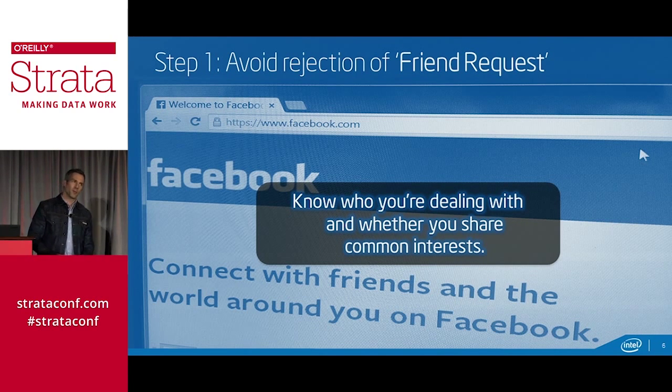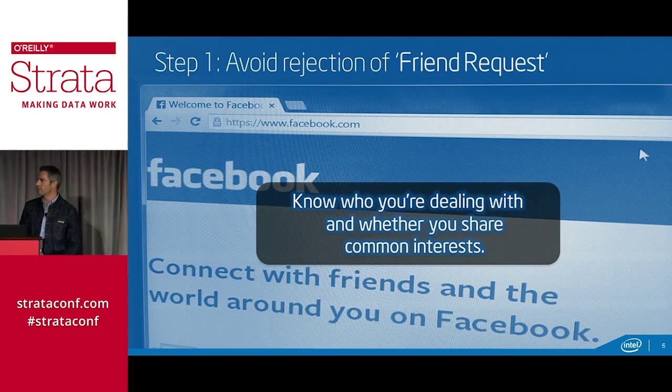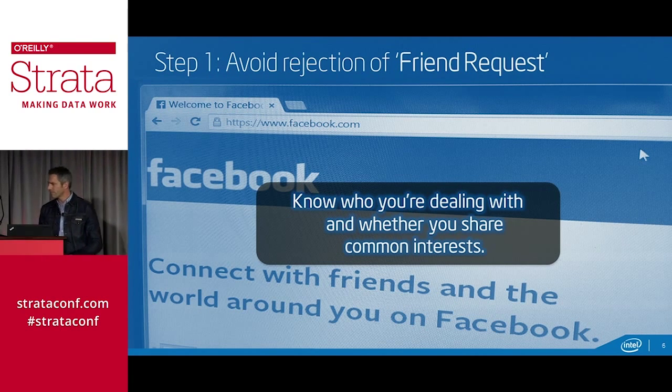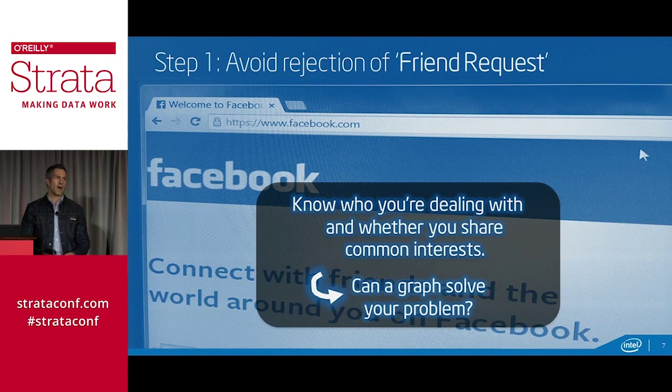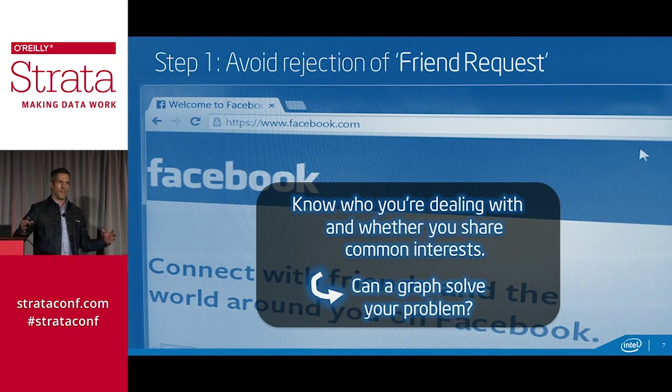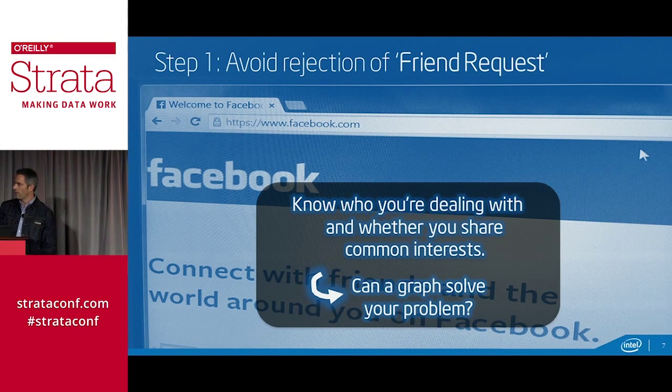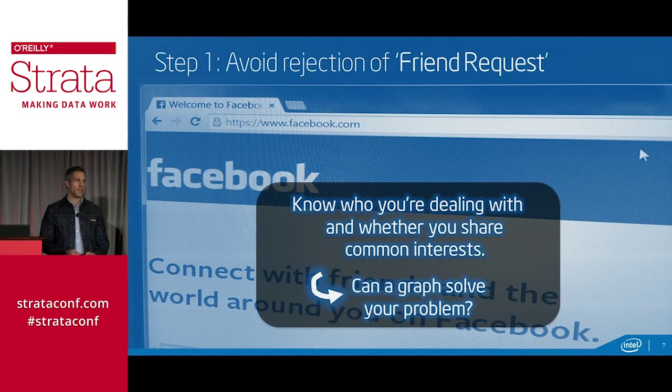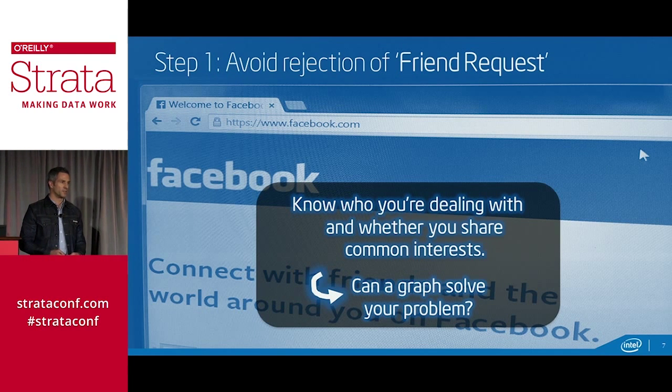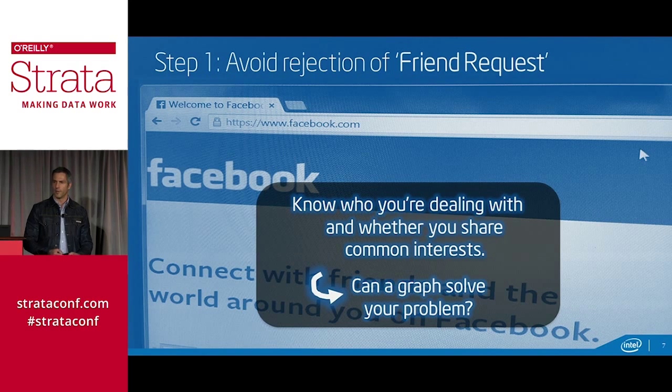In terms of the graph problem, I'm kidding around a little bit here, but I'm talking about really understanding whether a graph and graph analytics can solve your problem, because it's a big area. It's getting hyped up a lot, along with a bunch of things in big data analytics. It's not for everyone and everything. So there's no way I'm going to close this issue for you today, but I'm going to show you some examples and give you some guideposts to help you deal with that question